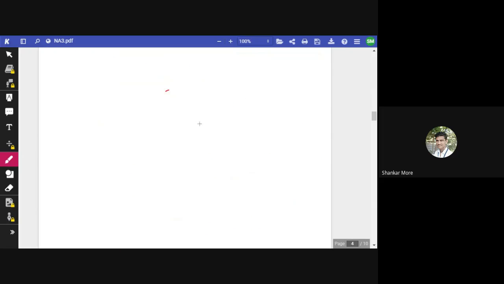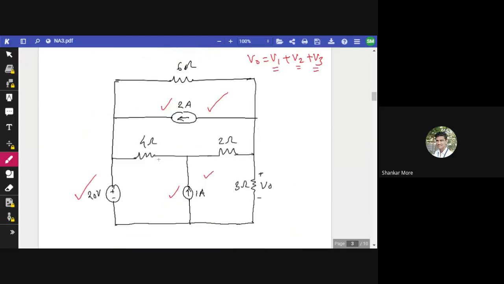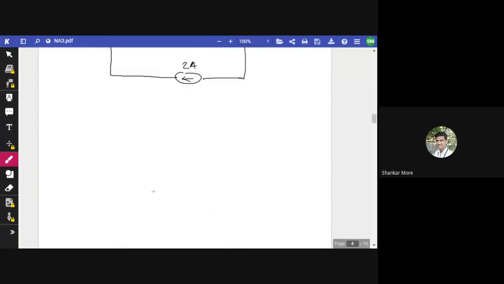तो सर्किट देखिए कैसे ड्रॉ होगा, सर्किट will be like this, ये 6 ओहम रेजिस्टेंस है, उसके पैरेलल में, यहाँ पे 2 एम्पियर का जो सोर्स है हमारा, वो हमने रख दिया है, ये 6 ओहम है, ये 2 एम्पियर का सोर्स जैसा का वैसा है, नीचे क्या चेंज करने वाले हैं हम, 4 ओहम को और 2 ओहम को हमें वैसे ही रखना है, 1 एम्पियर को तो हम निकाल देंगे, और 20 वोल्ट को हम शॉर्ट सर्किट कर देंगे, ठीक है।